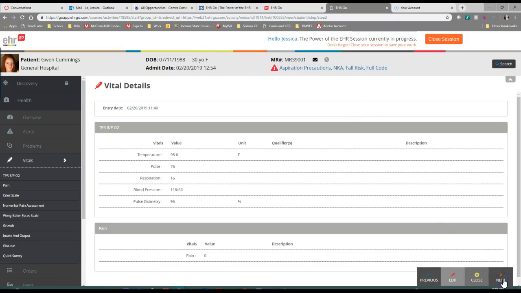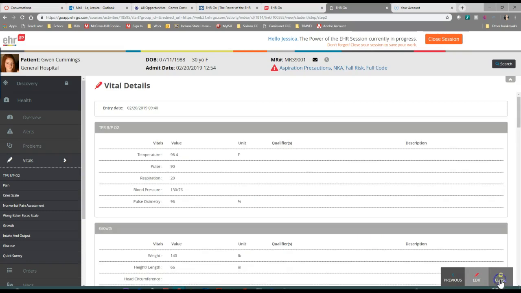And you can see at her 11:40 a.m. vitals, her temperature was normal, her pulse was normal, her respirations were normal, her blood pressure was normal, her pulse ox was up in decent range. So you can see